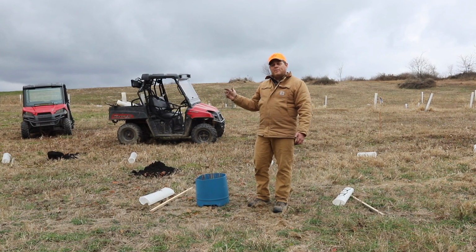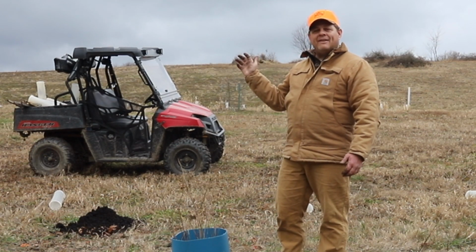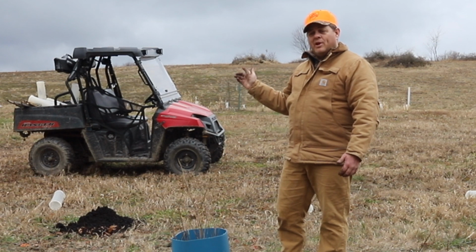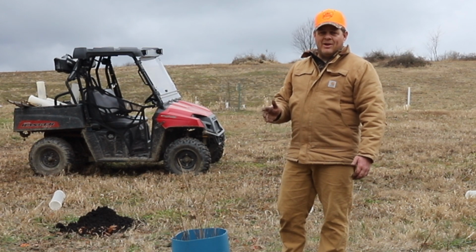We probably had about a 30% mortality rate. We had buttonbush that did really well. We had American plum that started off well. Almost every one of the American plum died. The American hazelnut looked bad at first. I think it was kind of shock, but it bounced back. So it actually did pretty good. So lesson learned: plan ahead, order early, and make sure that you're getting them in the ground at the right